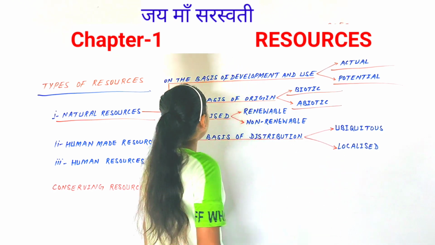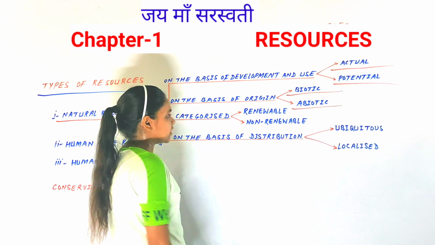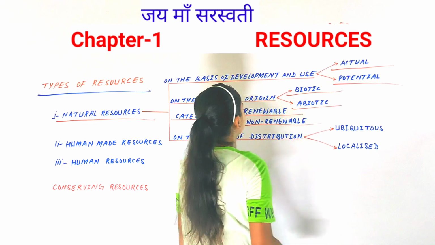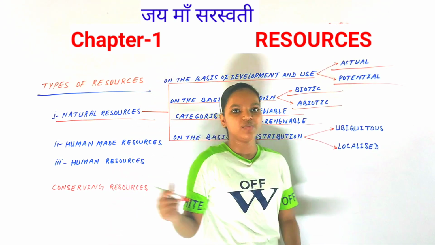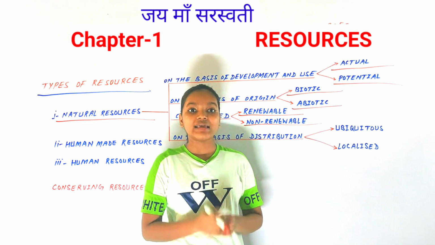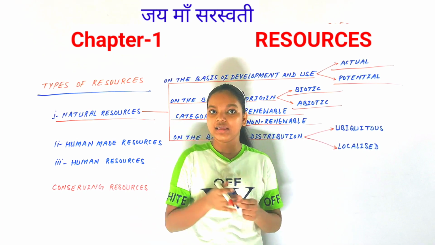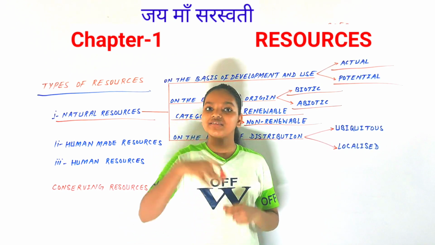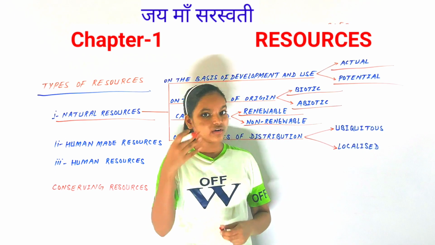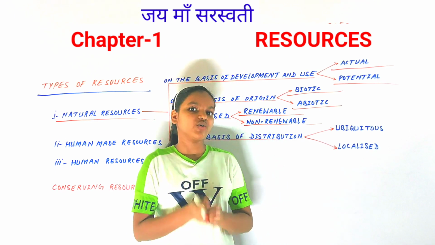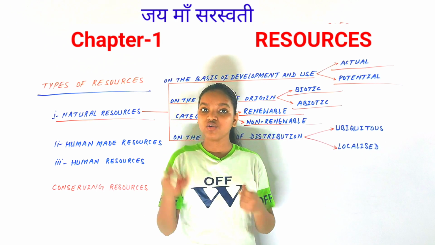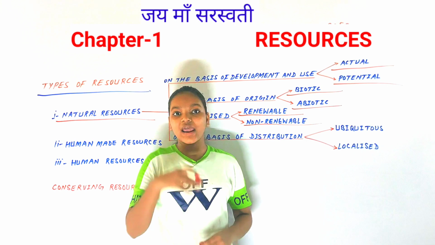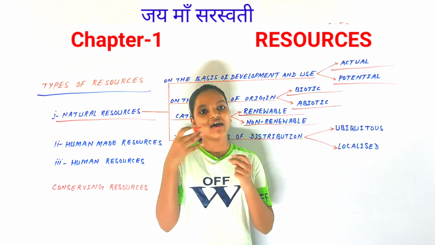Now natural resources can be broadly categorized into two types: renewable and non-renewable. Renewable resources are those that can be renewed or replenished quickly and whose quantity is unlimited. For example, solar and wind energy can be renewed and replenished quickly and their quantity is unlimited, it cannot be limited. So these are renewable resources that can be renewed or replenished in very quick time,